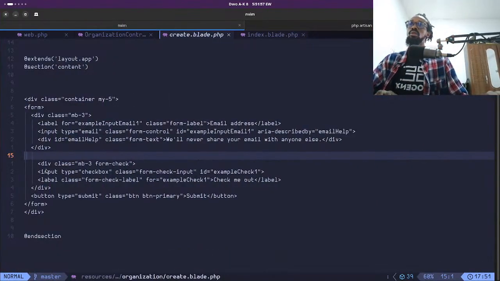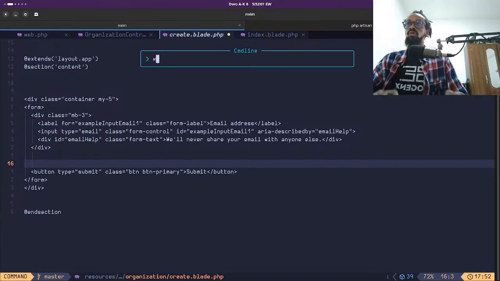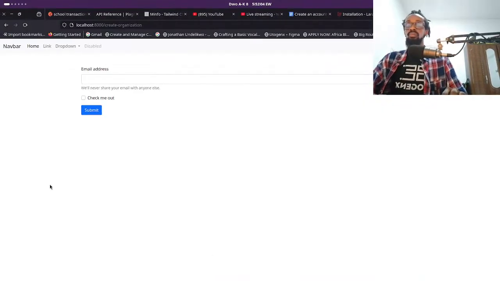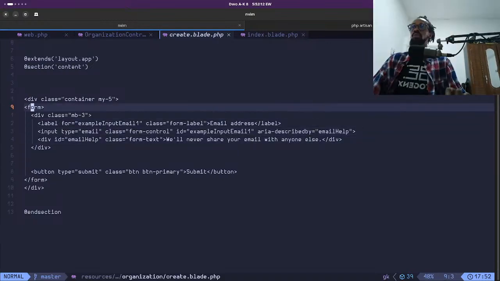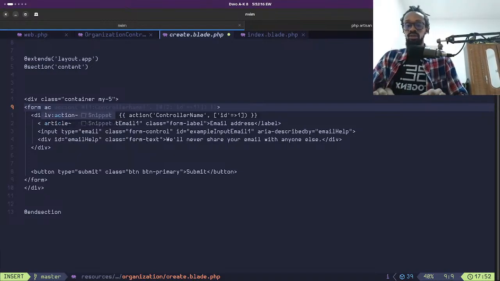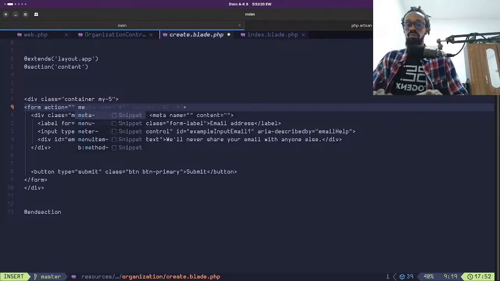Just those two for now. Email address to create your organization. I'd probably want to ask what the size of the organization would be, but doesn't matter. Action call, and then let's see, method